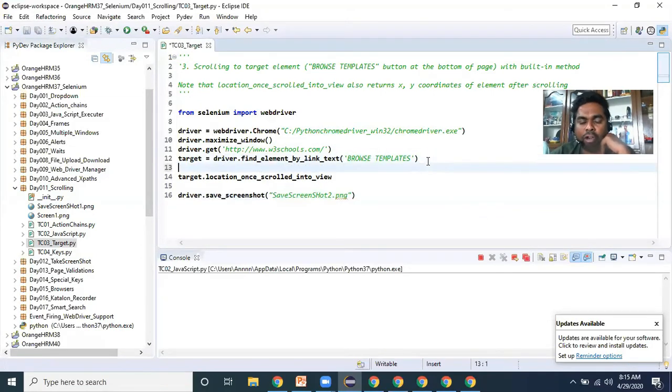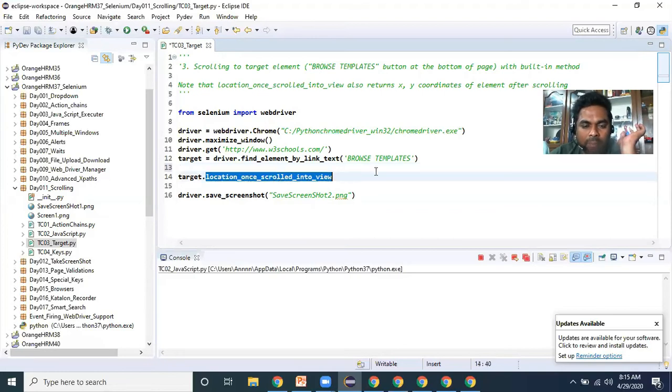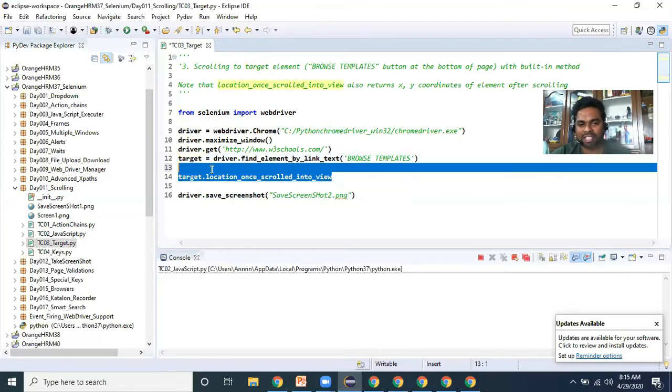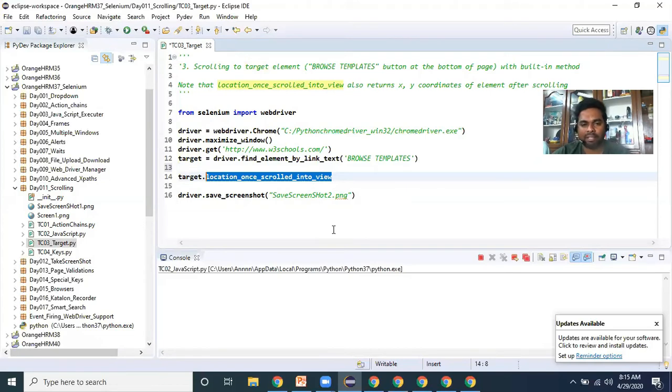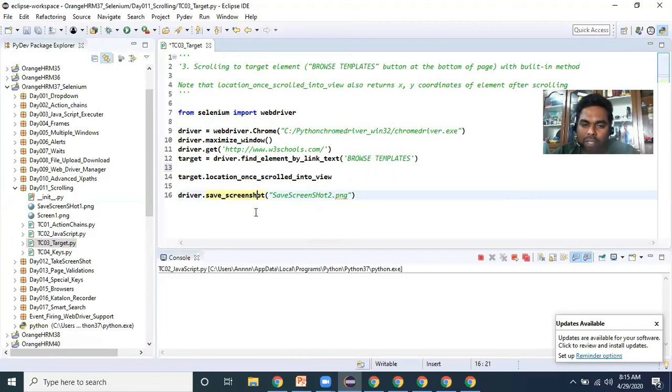Without using JavaScript executor or without using action chains, we can use location_once_scrolled_into_view. Once you create the web element reference, target that location_once_scrolled_into_view. This is the shortest way implemented in Selenium Python only. If you write like this, automatically scrolling will be done at that particular target web element.